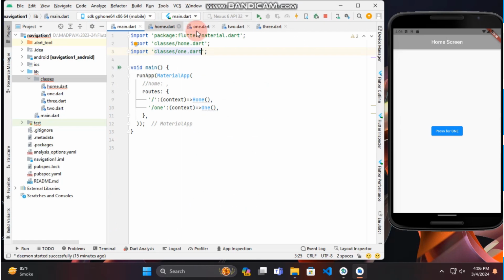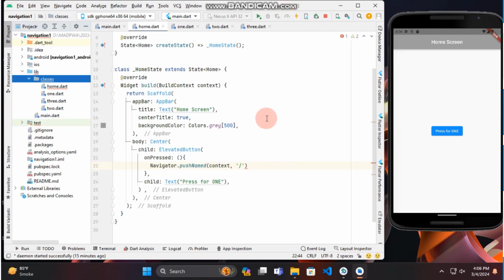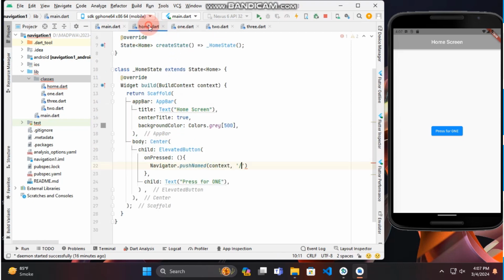Now we have to mention that route. We have to create it in main.dart, in the Navigator.pushNamed function as another parameter, in single quotation, slash and the name that is available under routes, that is /1. So we mention it in the function